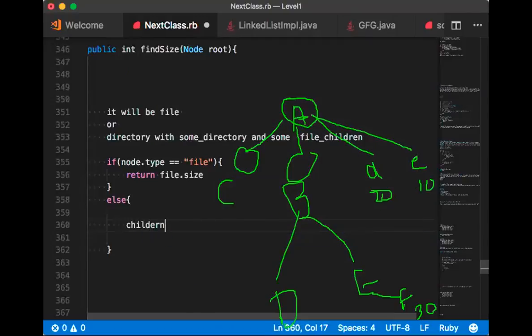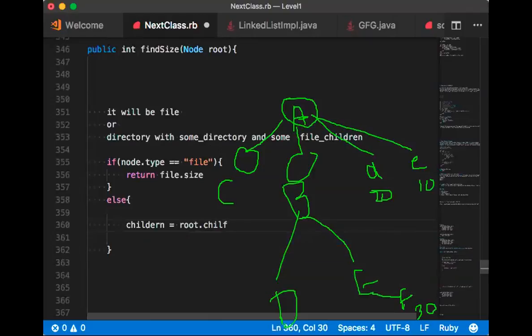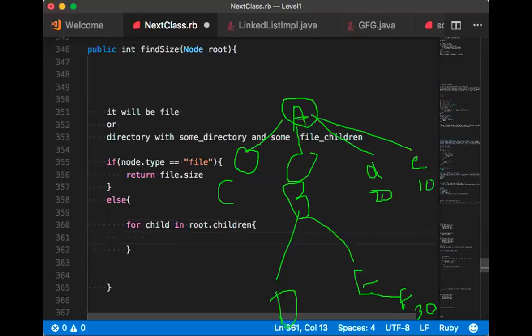Children is equal to root dot children. So we just return